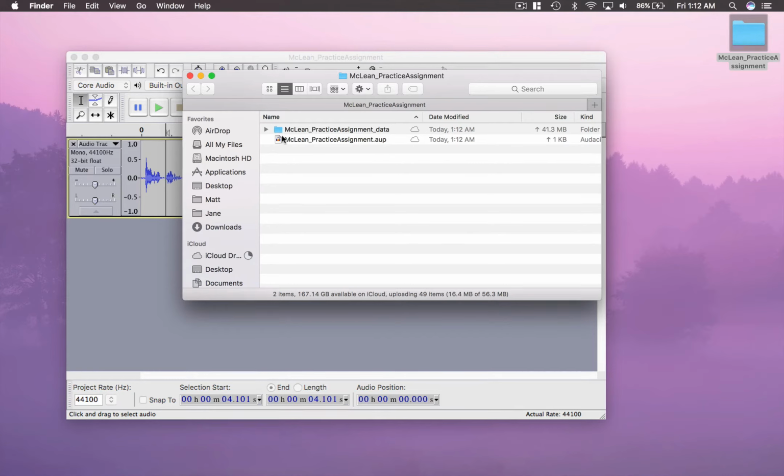The reason that I created a folder and put these in here is so that I could always keep them together. Sometimes if you separate one of these and move one to a folder on your computer and leave one on the desktop, the magical strings that tie them together will cause problems and you'll get some error messages. So the best thing to do is create a folder, put them both in there,